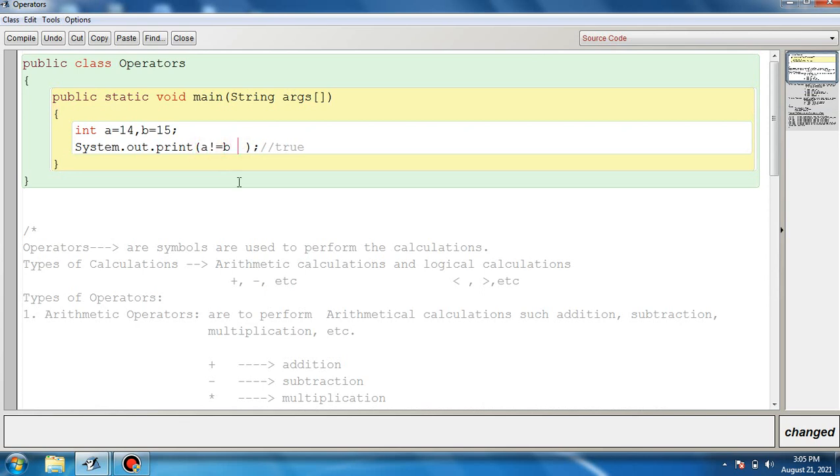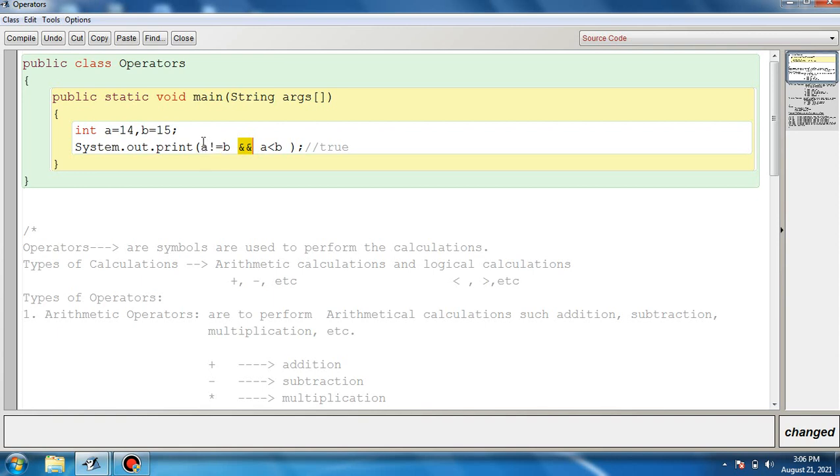Now we can combine one more relational expression using this logical AND operator. Here we will use A is less than B. What does it mean? In which scenario will we use the logical AND operator? Here we have two expressions. This is expression 1, a relational expression, and this is the second expression, and we have combined these two expressions using the logical AND operator.